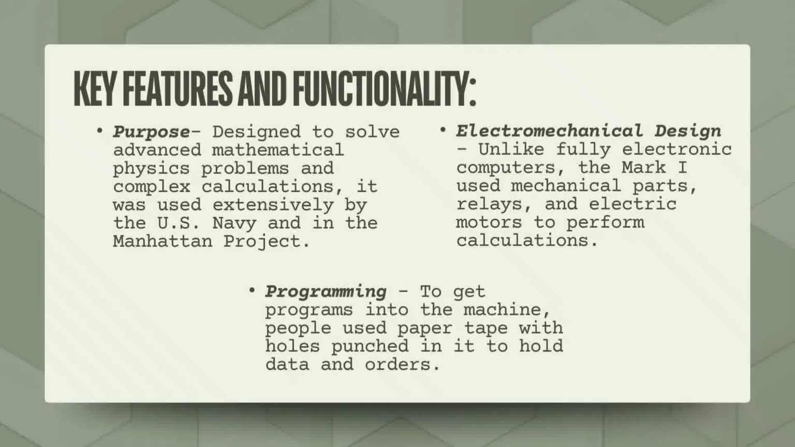Key features and functionality. Purpose: designed to solve advanced mathematical physics problems and complex calculations. It was used extensively by the U.S. Navy and in the Manhattan Project. Electromechanical design: unlike fully electronic computers, the Mark I used mechanical parts, relays, and electric motors to perform calculations. Programming: to get programs into the machine, people used paper tape with holes punched in it to hold data and